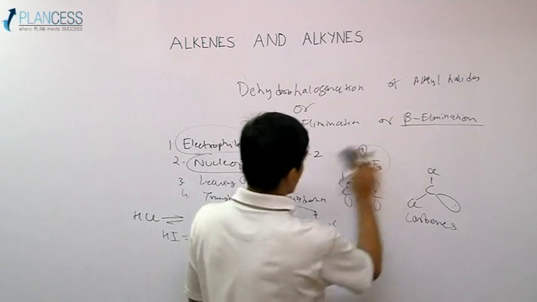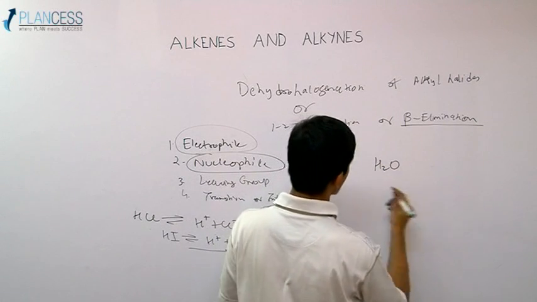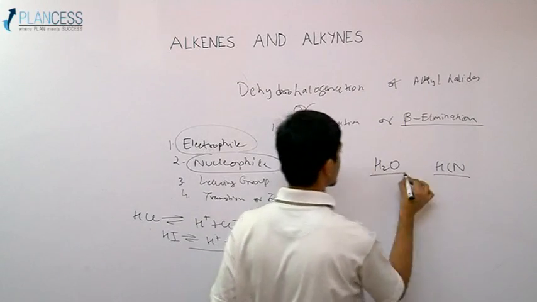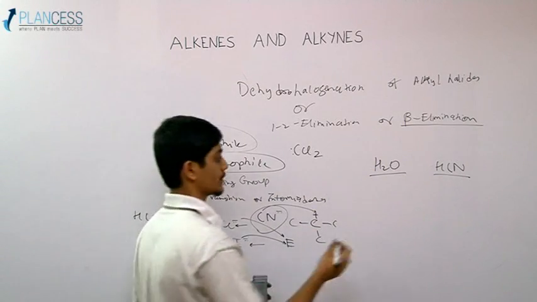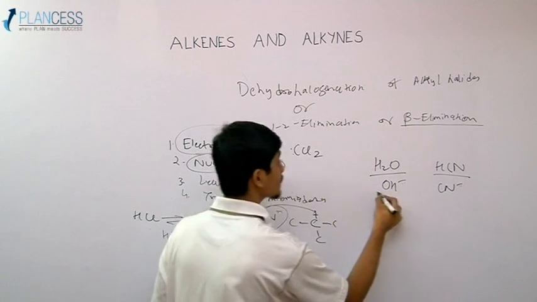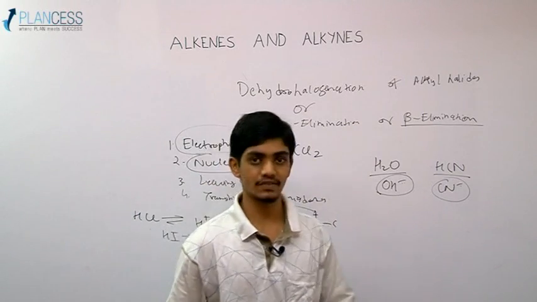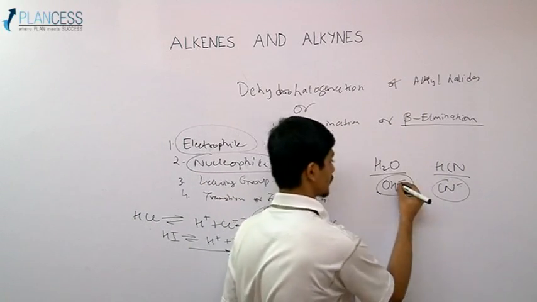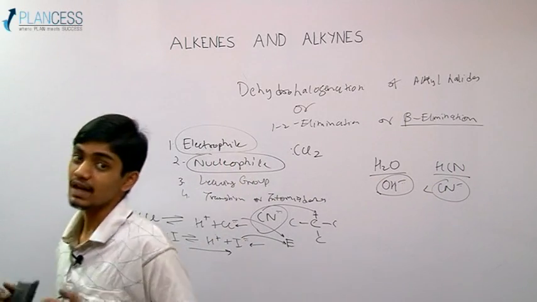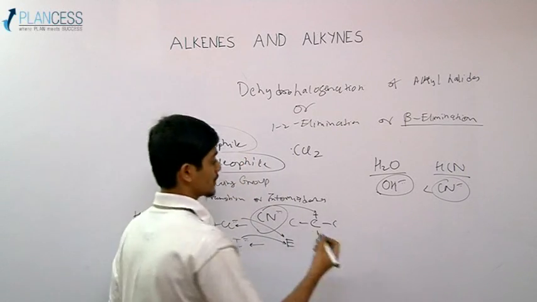The difference will be very clear with this example: H2O and HCN. Now HCN is a stronger acid than H2O. What do you say about the nucleophilicity? OH minus, CN minus. OH minus is more basic than CN minus because HCN is a stronger acid. But what about the nucleophilicity? CN minus is greater than OH minus. So nucleophilicity and basicity can have simply opposite orders,